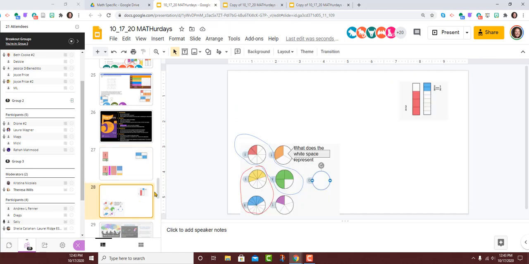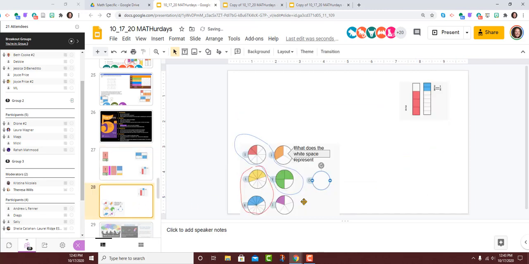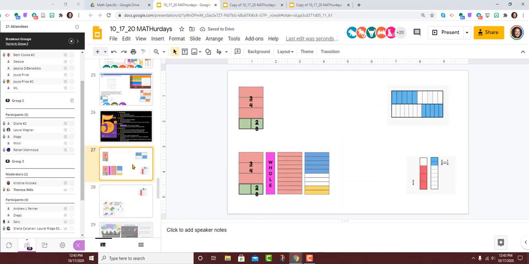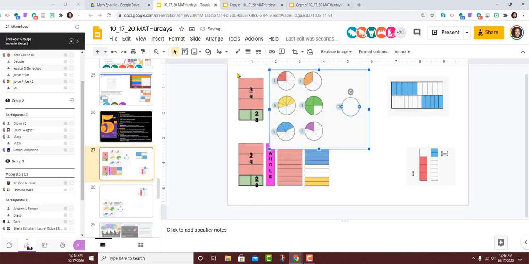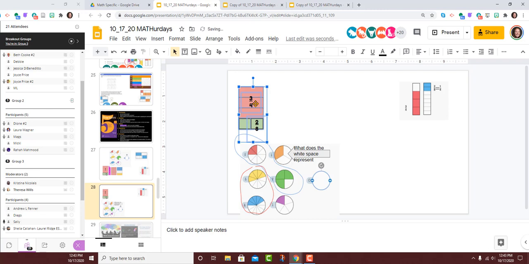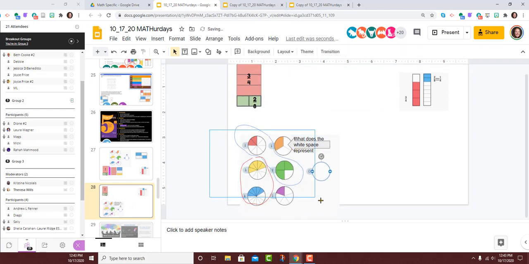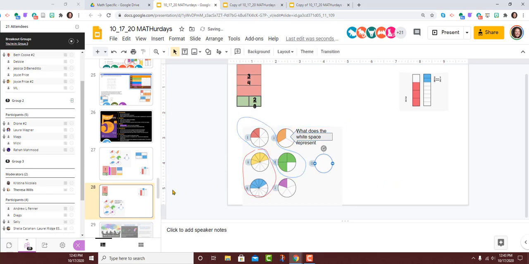If I combined it with the smaller ones, the red and yellow, that would be okay because it wouldn't go over the whole cup. Like I said, I just made the fraction bars and then I rotated them or flipped them upside down so I could visualize what a cup of paint might look like. Right.